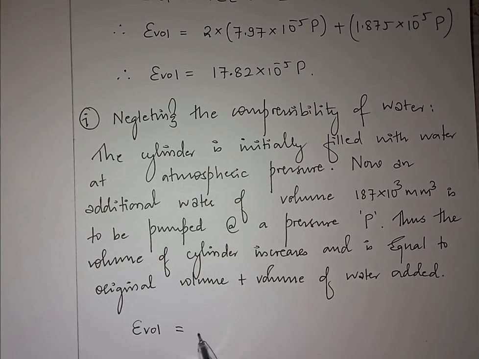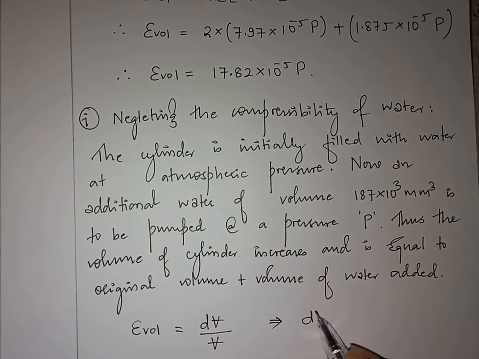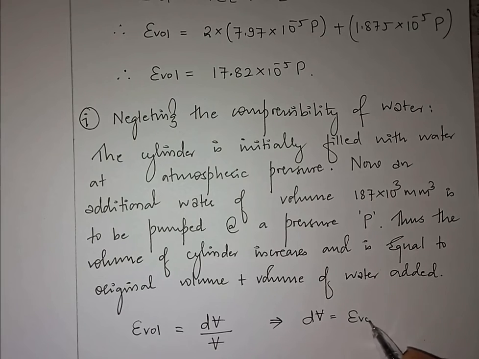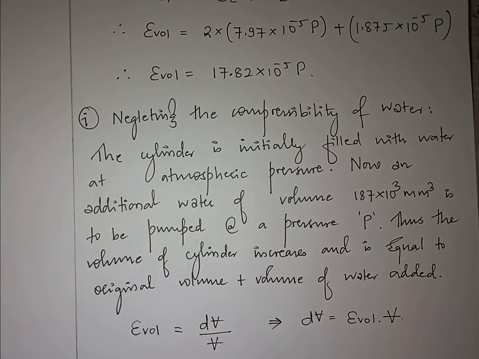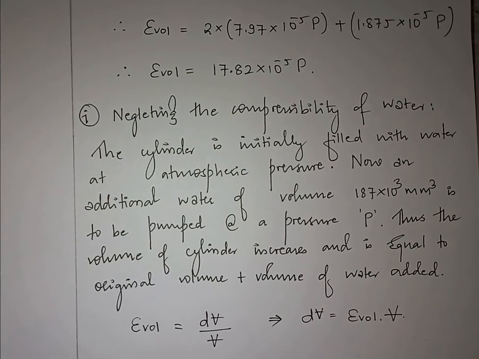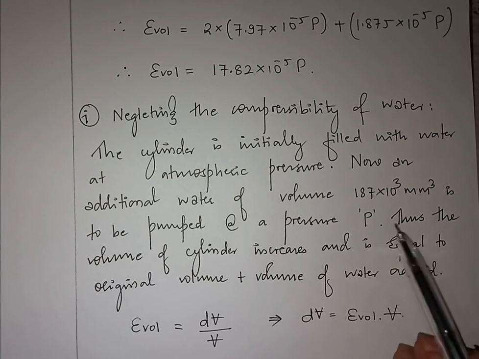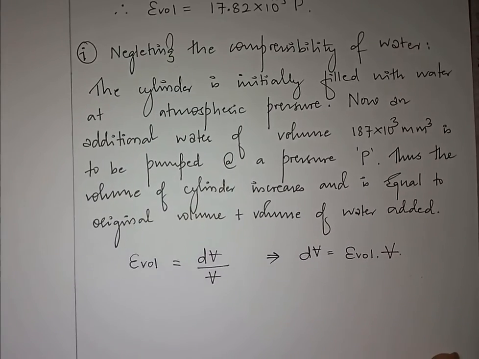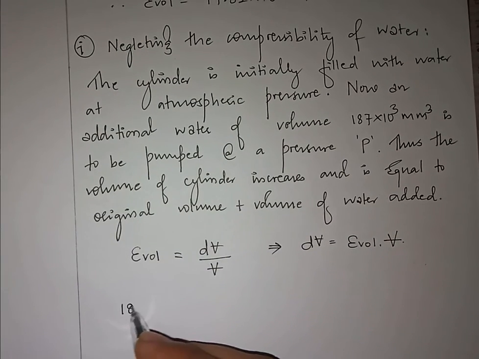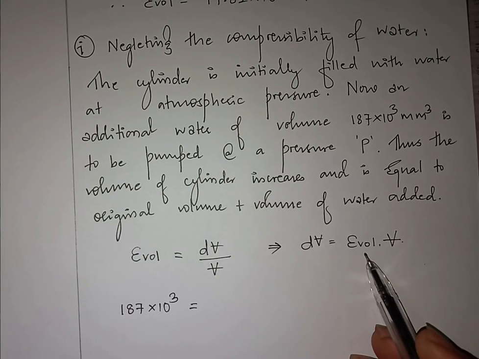So volumetric strain is given by change in volume divided by original volume, right? So you can write it as change in volume is equal to volumetric strain into volume. So if you want to calculate the pressure P, you put the value of change in volume. What is the change in volume? Change in volume is nothing but additional water added to the cylinder. So additional water added to the cylinder is 187 into 10 raised to 3